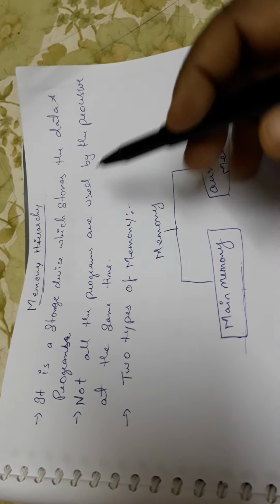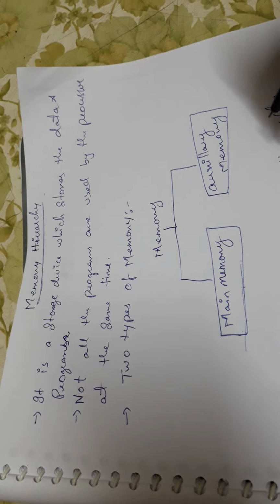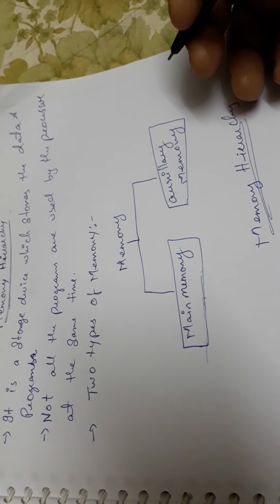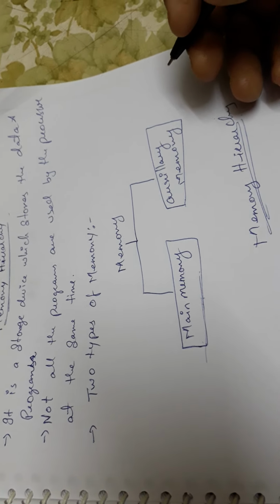In this context, we can list out the different types of memory present in the computer in a memory hierarchy and look at how they differ from each other. So this is the memory hierarchy. As you can see,